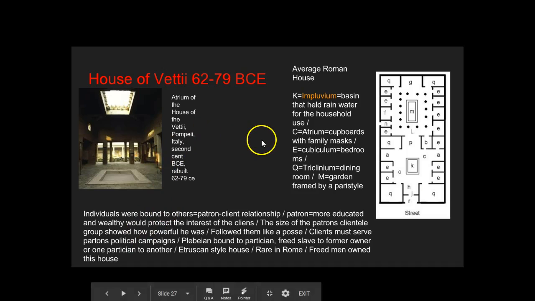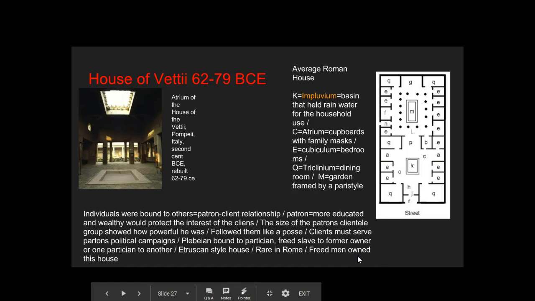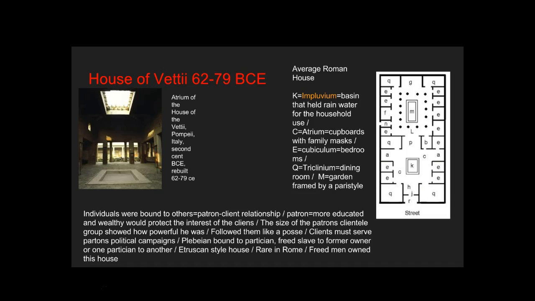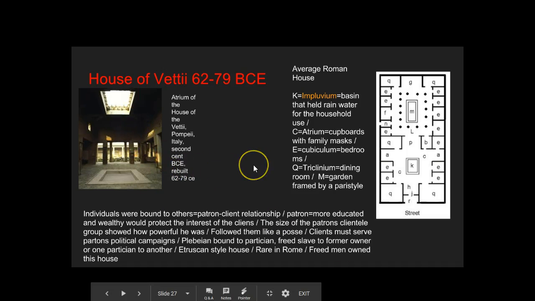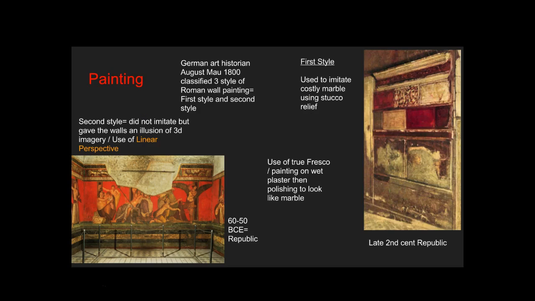This is the house of a... this is a typical Roman house within a city. So if you look at all these, we will go through this more during class time. But freedmen, this house is so notable. The House of Veti is so notable because men who freed themselves or whose owners freed them owned this house. We've got the atrium in the middle of the house. This was in Pompeii. That's why Pompeii is so notable, because that's the reason why we have so much information.